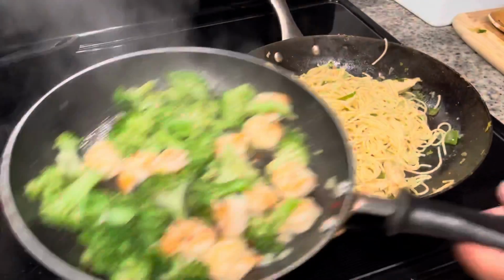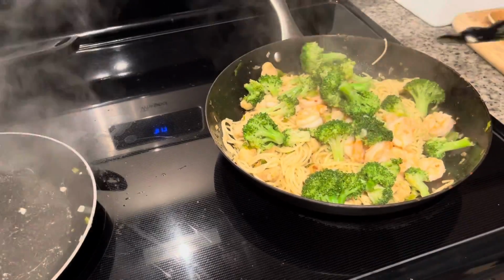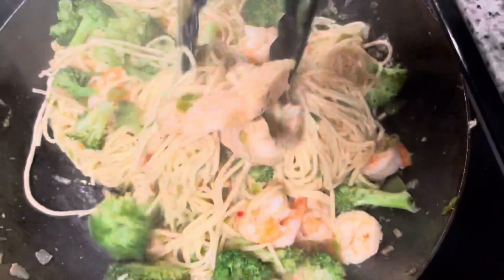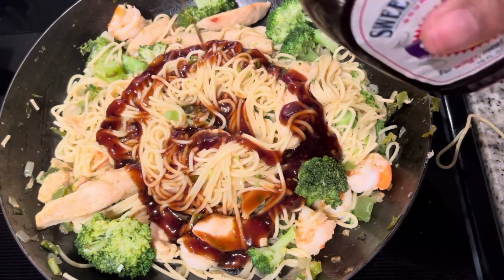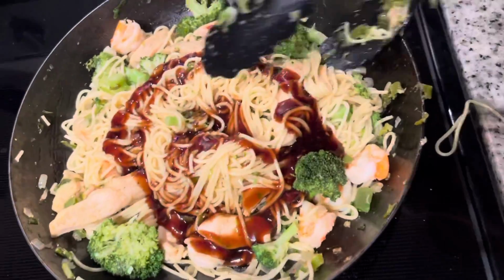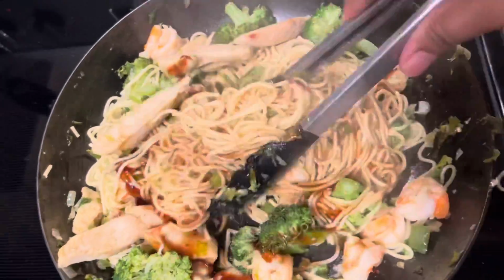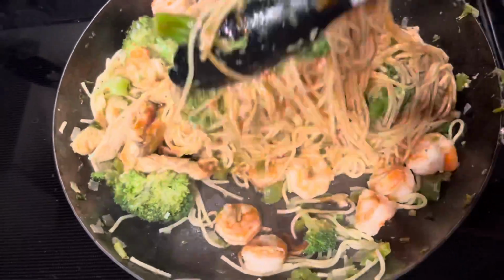And now we're just gonna add this over to our noodles. Oh my god, this is the fun part. So let's go ahead and start mixing it in and getting everything all together, getting those seasonings and those flavors. There's our sweet teriyaki, which brings this dish all together and makes it what it needs to be. So we're gonna mix that all in. Mix, mix,